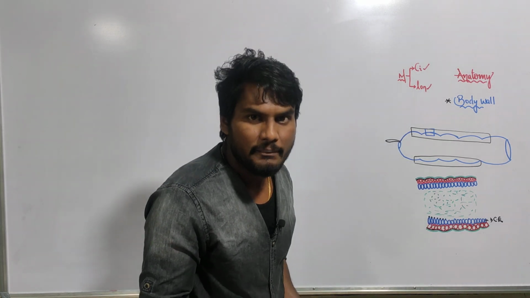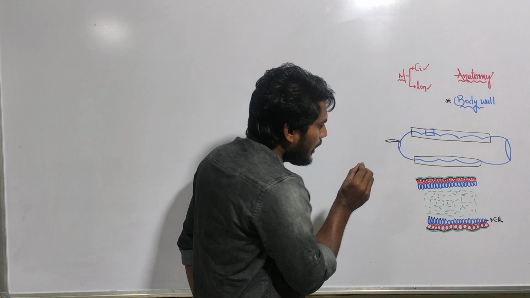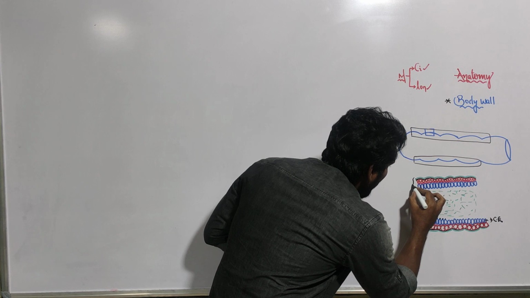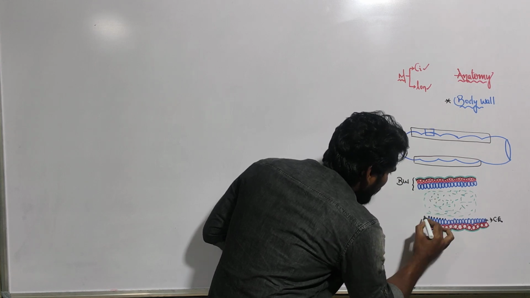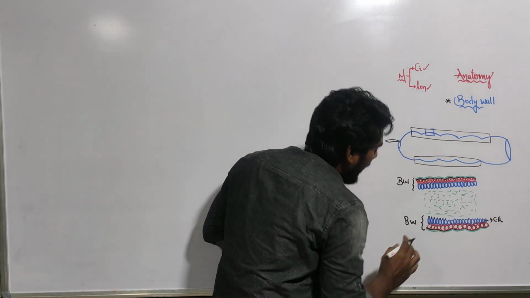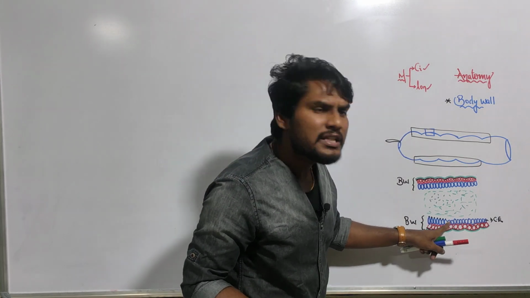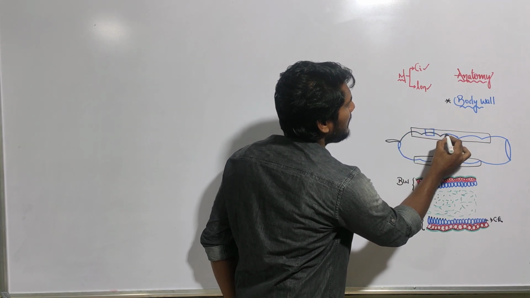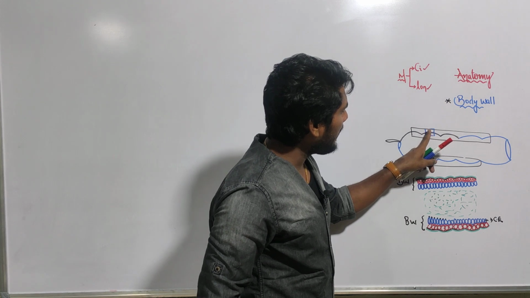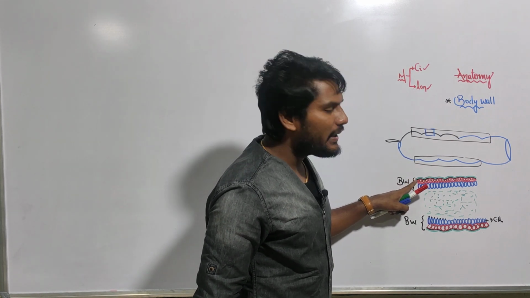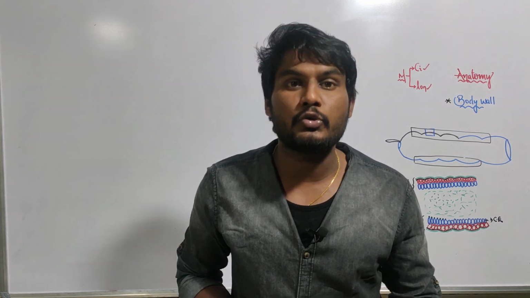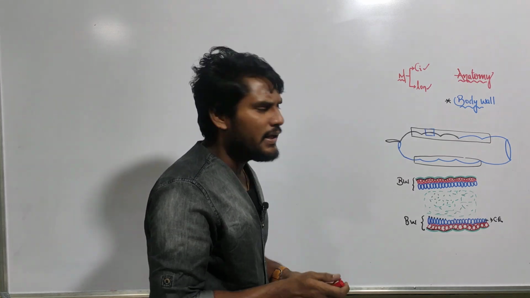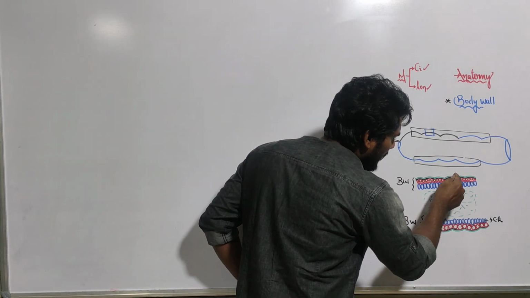The question they will ask, with the pin, if you puncture the earthworm body wall. So now all this is the body wall. Actually this is the body wall, but every time it is very difficult to write all this. Because of that only simply we will represent with one layer. But actually it is not one layer. It is made up of cuticle, followed by epidermis, followed by muscularis, the two muscularis, and followed by coelomic epithelium. The question they will ask, with a sharp needle, if you puncture the body wall